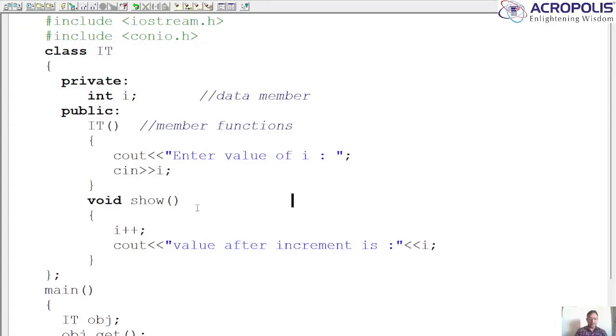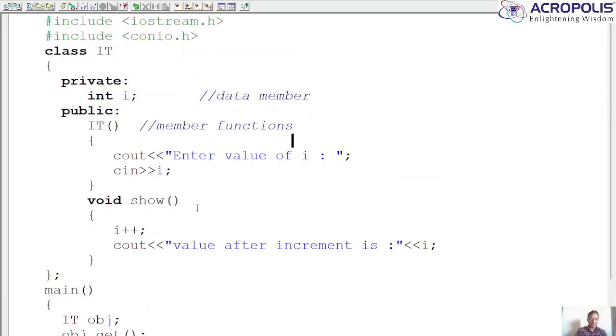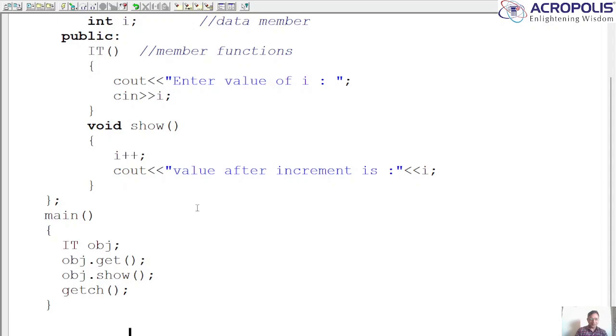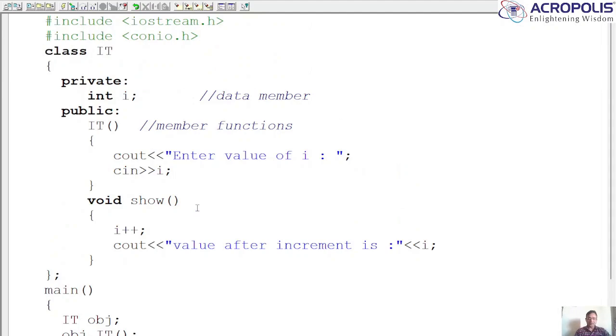Nothing is available whose name is get, meaning the name of the get function is not available inside the class. So now this particular name must be converted into IT. So I am converting it into IT, and you can observe that now I have no get in the whole program. Now again I will try to run the program, and we will solve all the errors with the help of